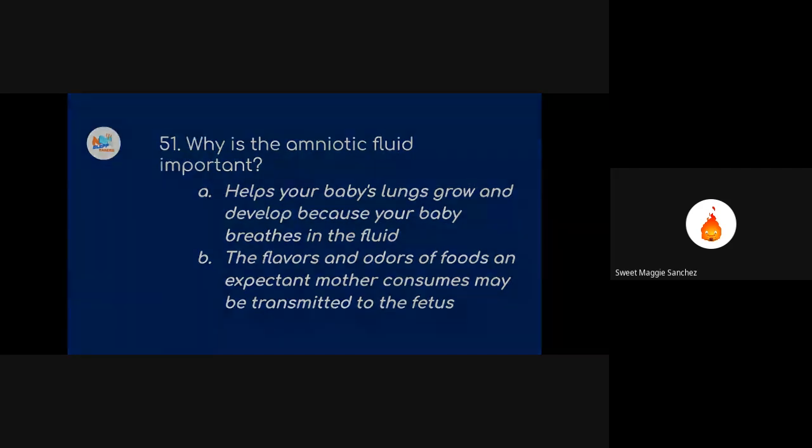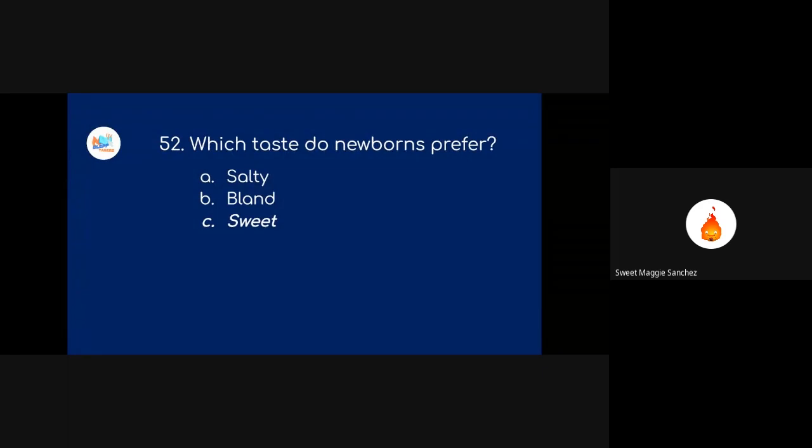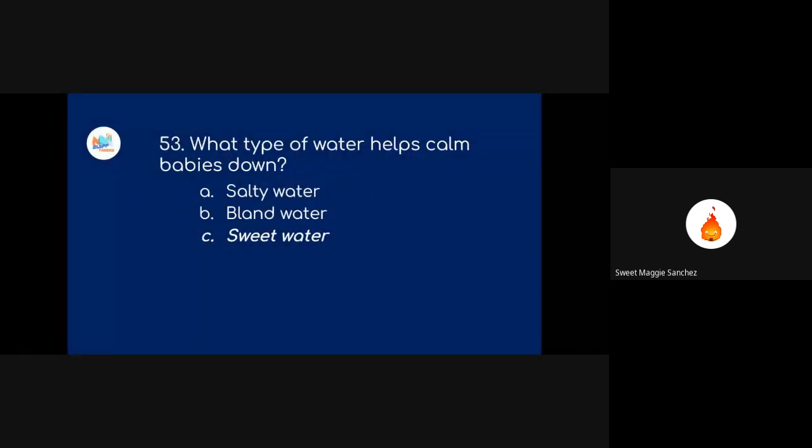Okay, so number 52, which taste do newborns prefer? Of course it should be letter C, sweet. It's alarming if your answer was letter A. Babies prefer sweet flavor because it's pleasant. Number 53